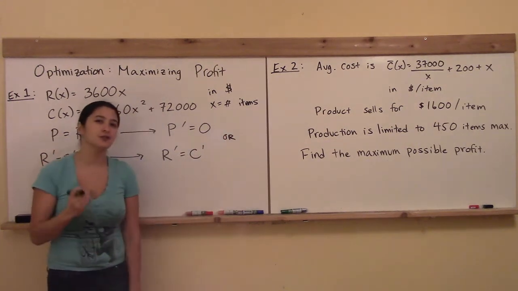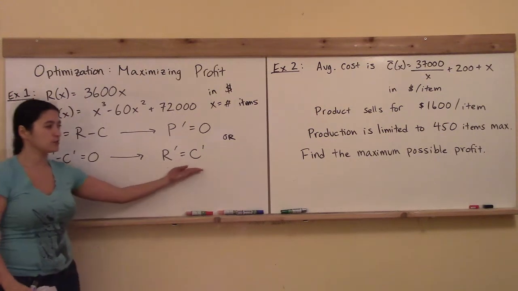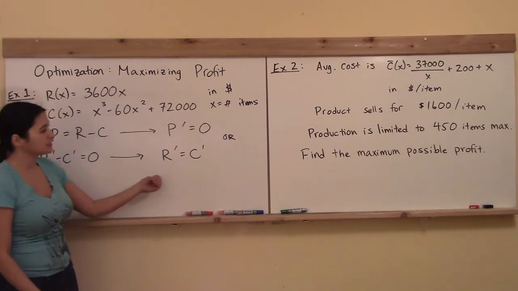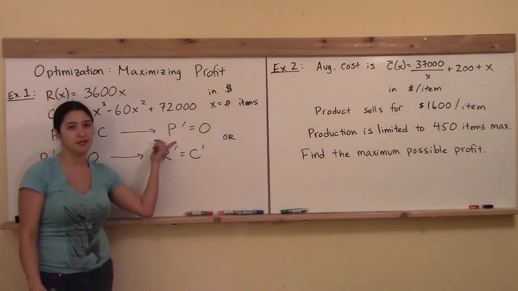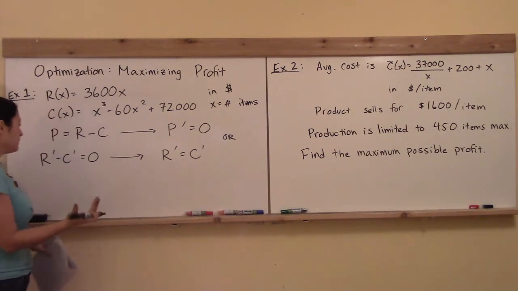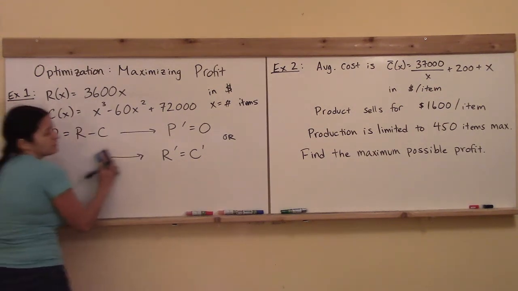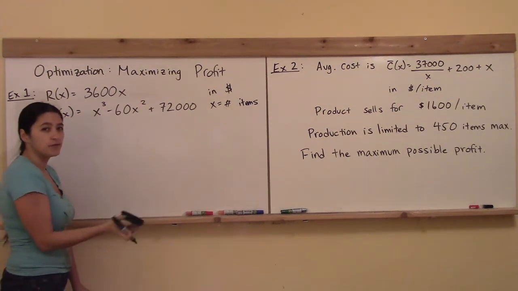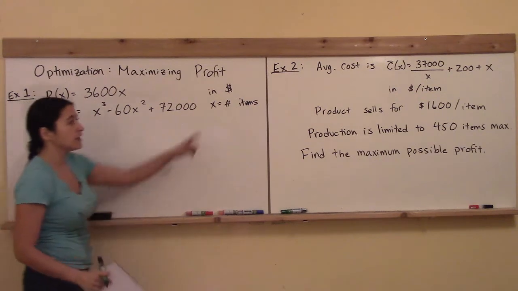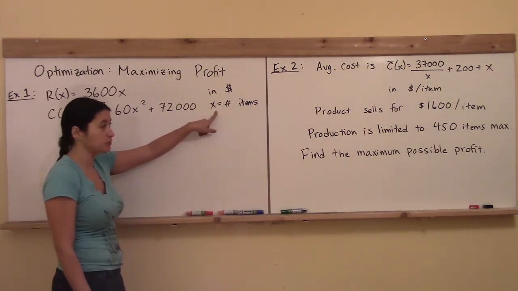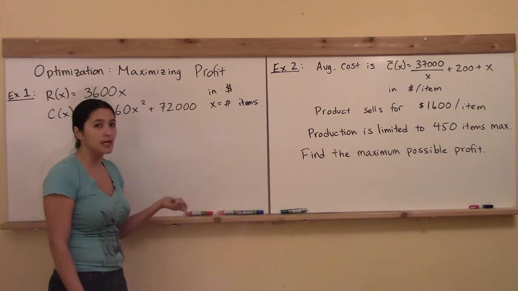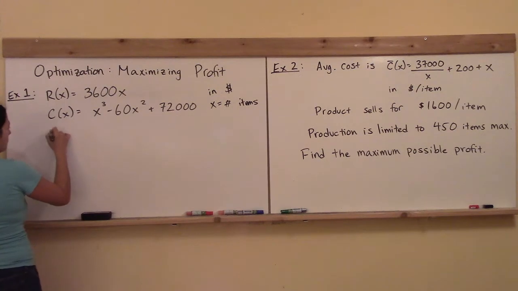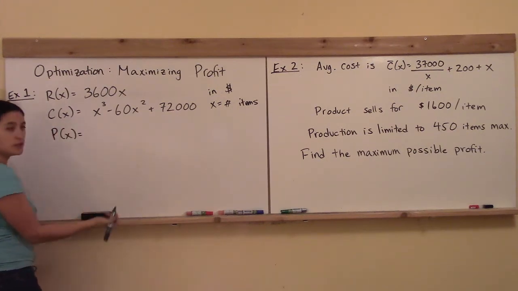Okay, so there actually are two different ways to find this. We could consider the place where the marginal revenue equals the marginal cost, and that's the same thing as considering the place where the marginal profit is equal to 0. Okay, so either way you want to do it, but I would like to have the profit function in hand because the question is find the maximum possible profit. So not only will I have to find the X value at which the maximum possible profit occurs, but I'll also have to plug it back into profit in order to get the Y value, which is the dollars that are the max profit. So I might as well go ahead and form that profit function,